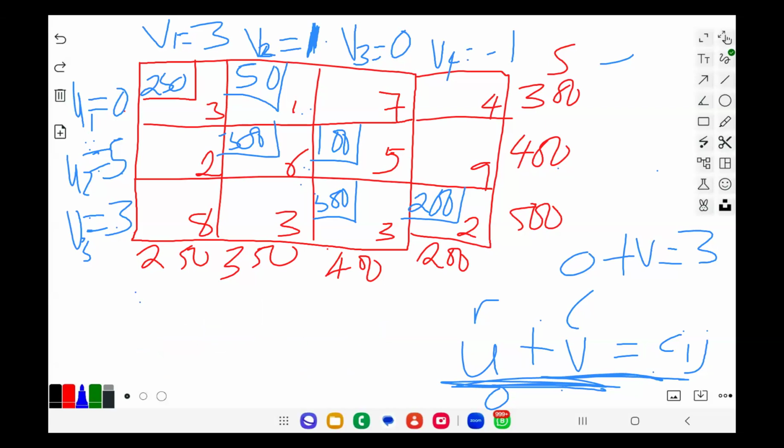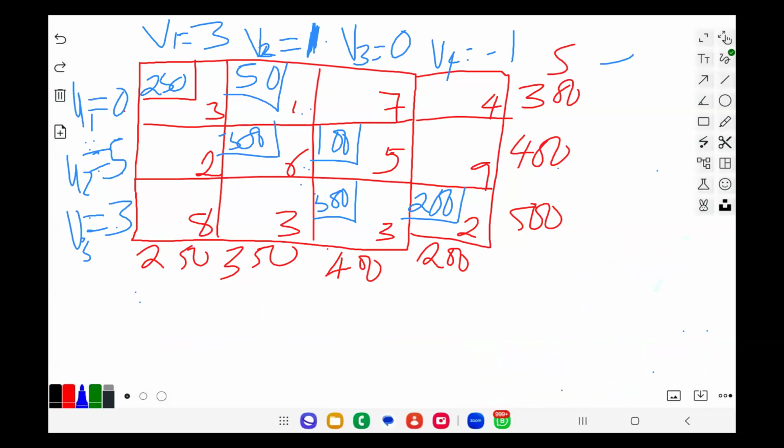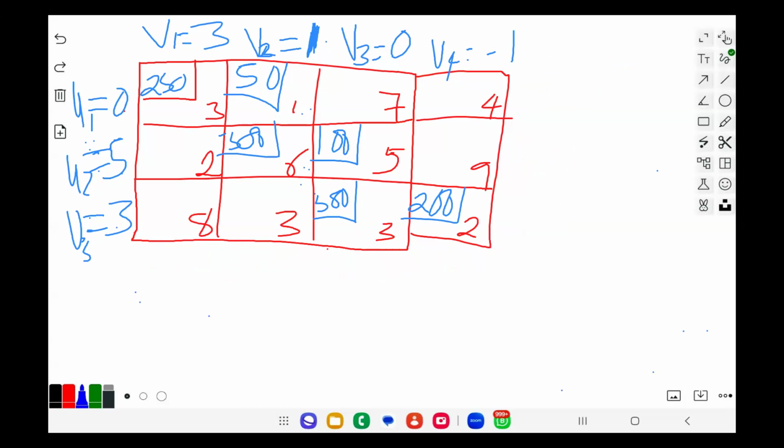Once we are done doing this, we are done with the UV step. Then we need to find the penalties using what we have done now. We need to find the penalties for the unallocated cells. Let me just erase these. To find the penalty,